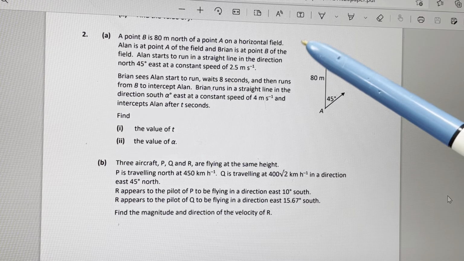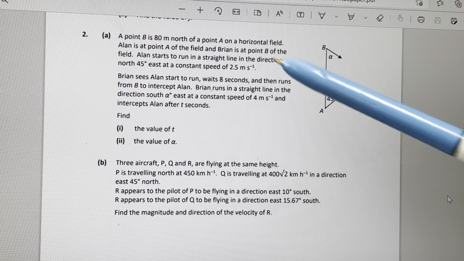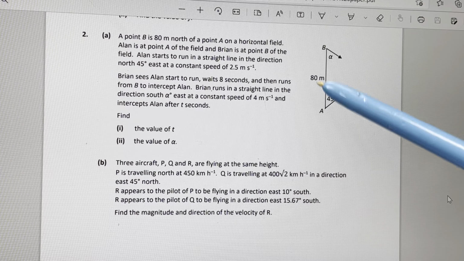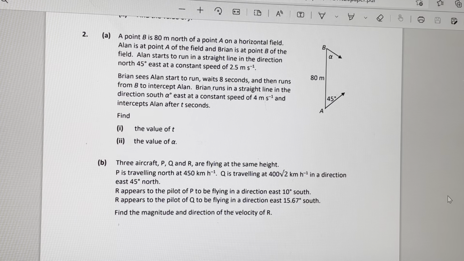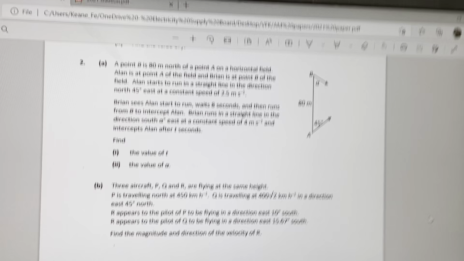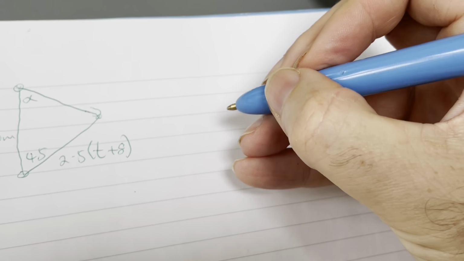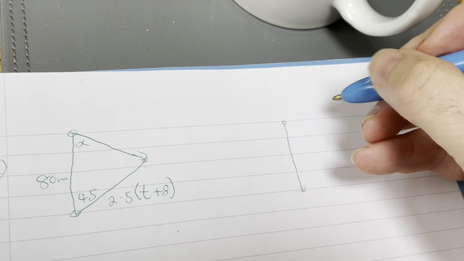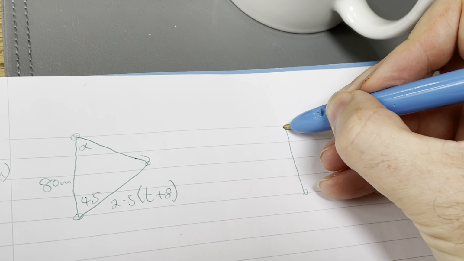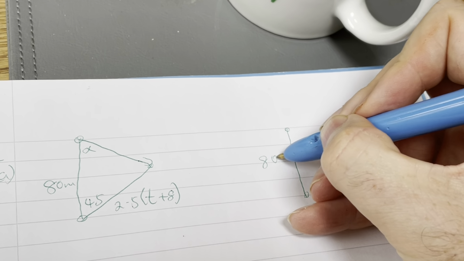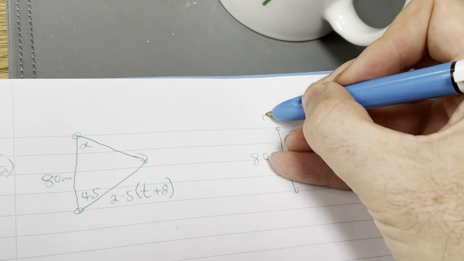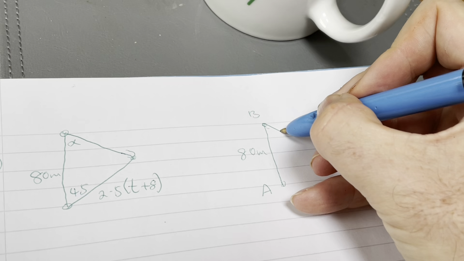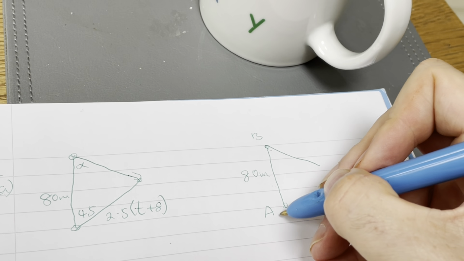B has to. So the fact that they have to intercept means he has to meet. So with all these questions, you're looking for a triangle, and the fact that they meet means there will be a triangle. The question normally is whether to draw a velocity triangle or a distance triangle. In this case, you're given this nice distance of 80 there, which kind of lends itself maybe to drawing a distance,